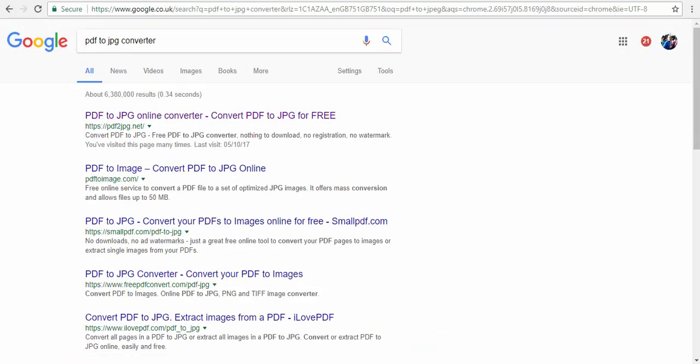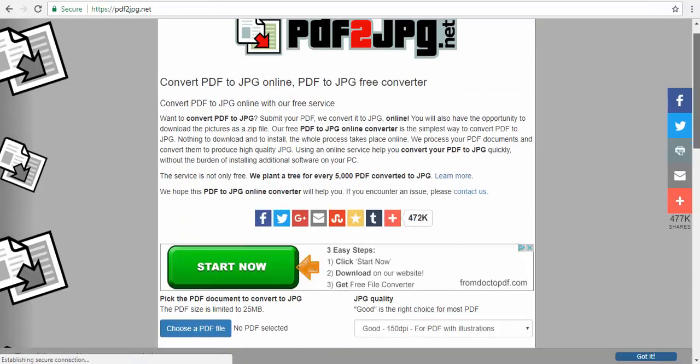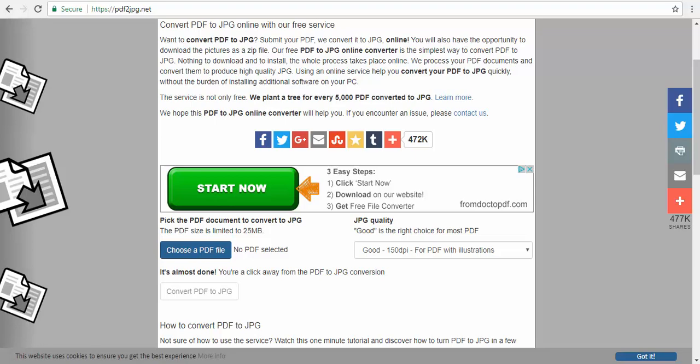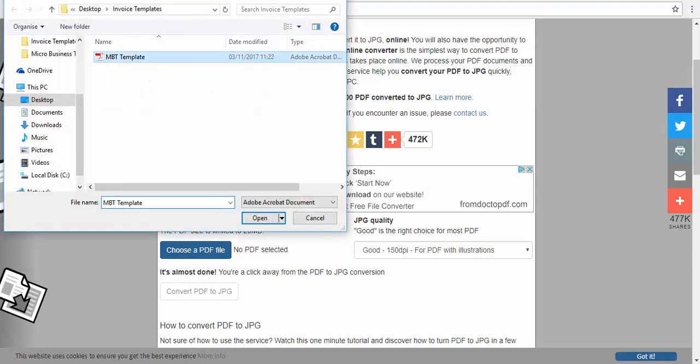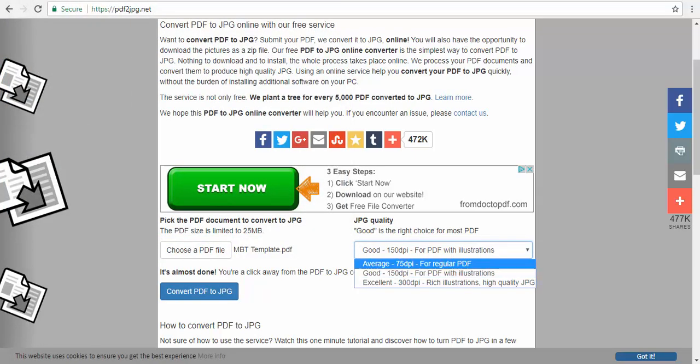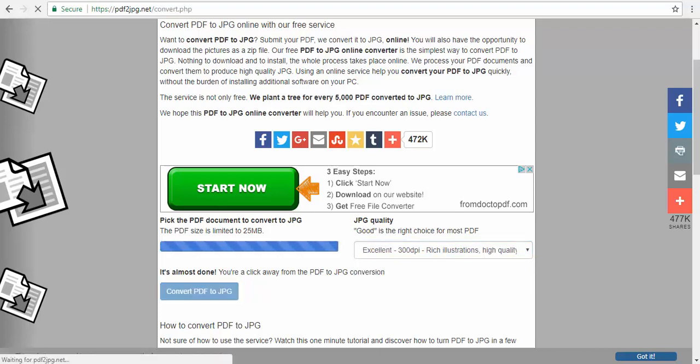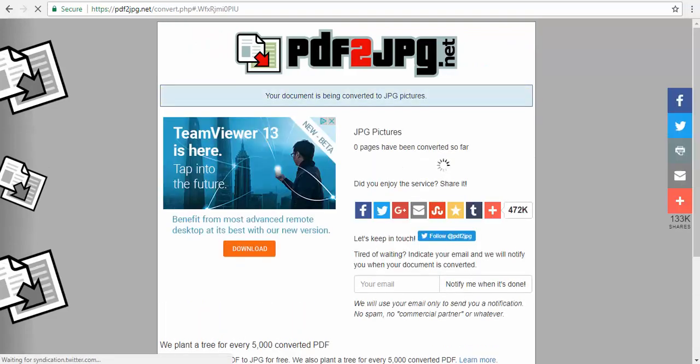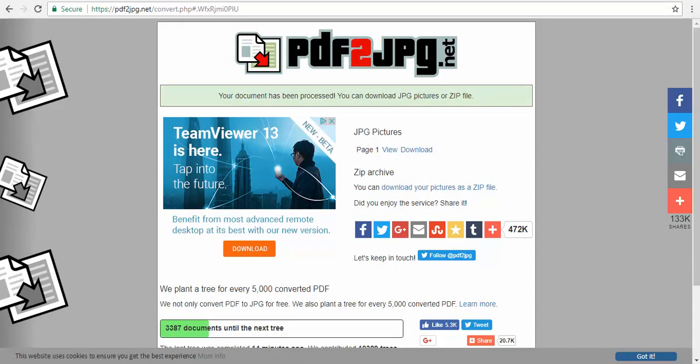the top one on here is PDF to JPEG.net. So if we click into this, this is completely free. All we need to do is go and select that PDF file that we just created. We want that as excellent, so we want the view as best we can get it. Click PDF to JPEG convert, and that's just going to whiz away in the background, and it's now available to